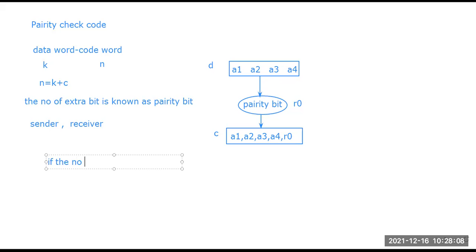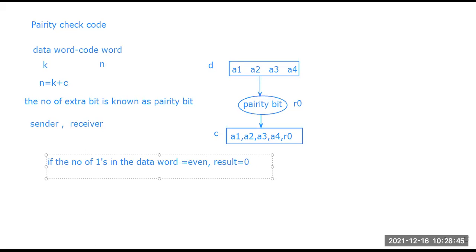If the number of ones in the data word is even, some even value, then the result will be 0.